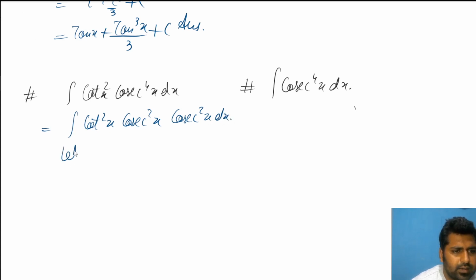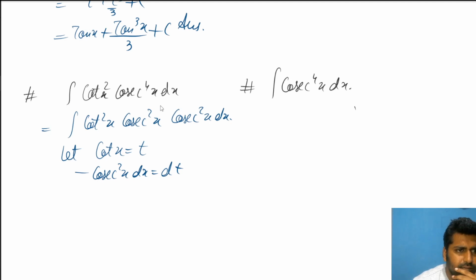Let cot x be t, so minus cosec square x dx is dt. There's no negative present here, so we'll put a negative and put a negative here to adjust. So now this whole thing is your dt,